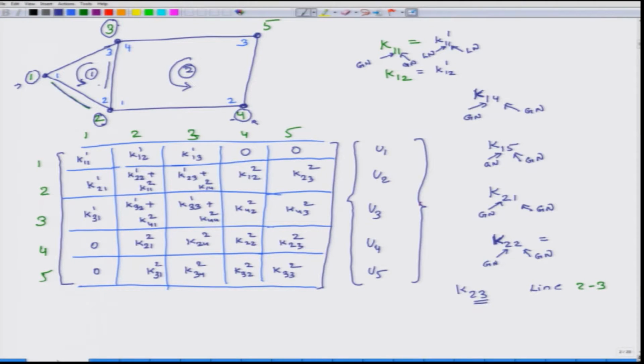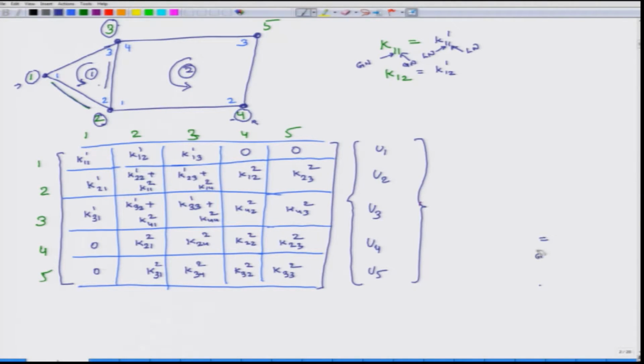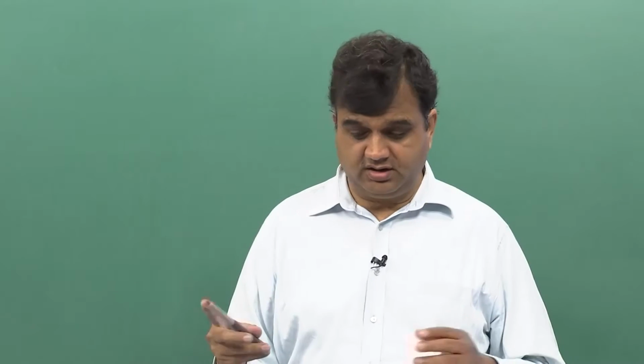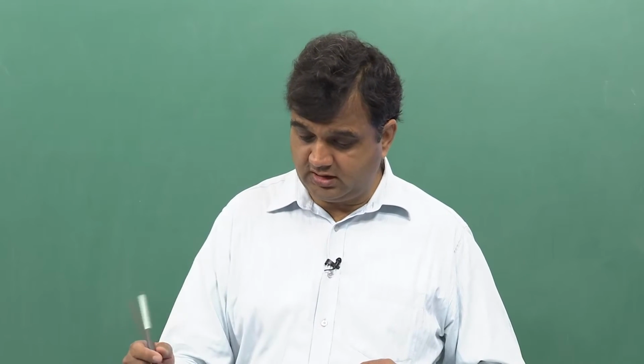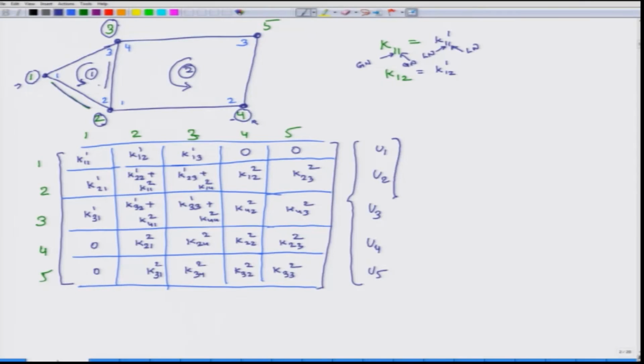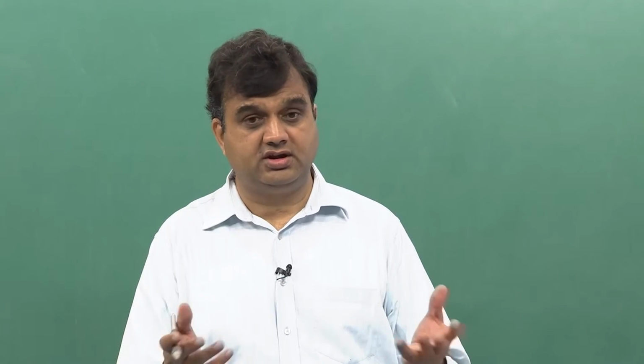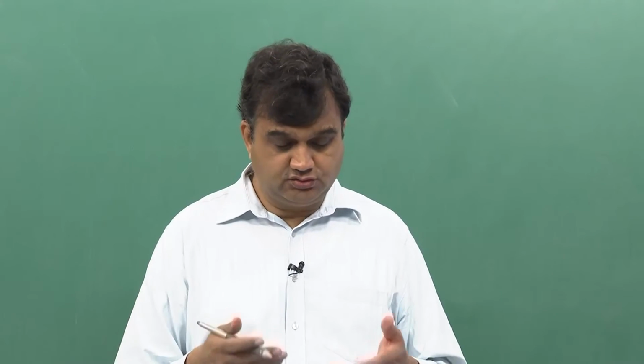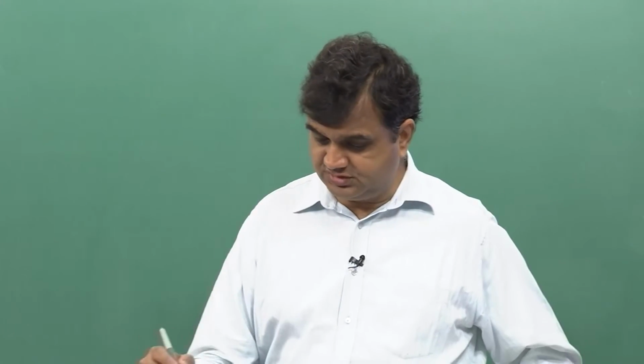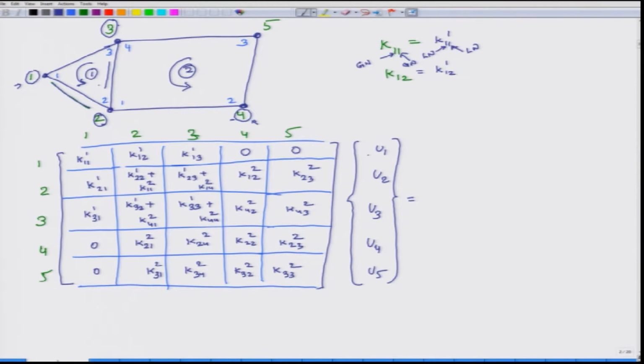So this is how I develop the assembly for the stiffness matrix if I have to do it by hand, and I can use the B matrix if I want to use my computer to program it. But if I have to do it by hand for this exam, this course, you may be asked to develop a stiffness matrix for 2 or 3 elements touching each other. In that case, using this thinking, you can develop specific terms. So this is my K matrix, and that equals the force vector.